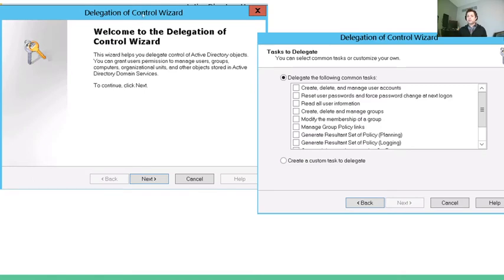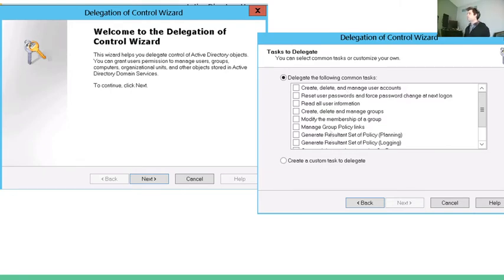So here's actually a wizard for delegating control. You have a bunch of common options, or you can create a custom task in here. For instance, the first option is create, delete, and manage accounts, read user information, manage group policy links.